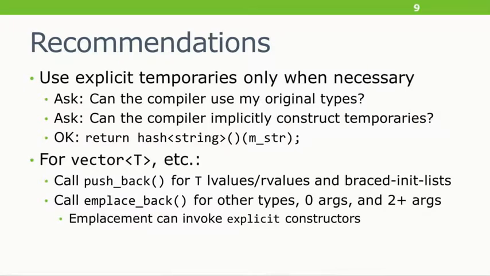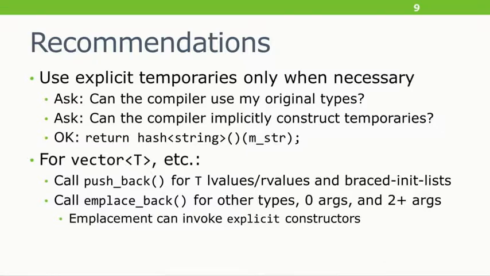Specifically for the containers, there's one school of thought that says, oh, now we have emplace_back, and for backwards compatibility, we need to keep push_back. So we should just use emplace_back whenever possible in new code. And I can't exactly argue with that rule, but I'm sort of not completely in the 11 mindset yet. My guideline is that I prefer to call push_back when I'm starting with the type already. So if I've got a vector of string and I'm starting with a string lvalue or rvalue, I will call push_back because emplace_back won't buy anything extra. It's already of the same type.